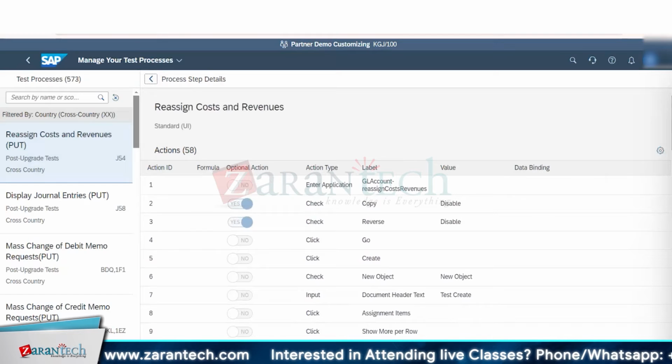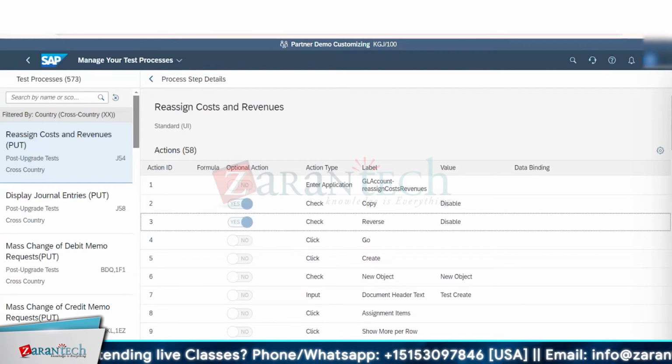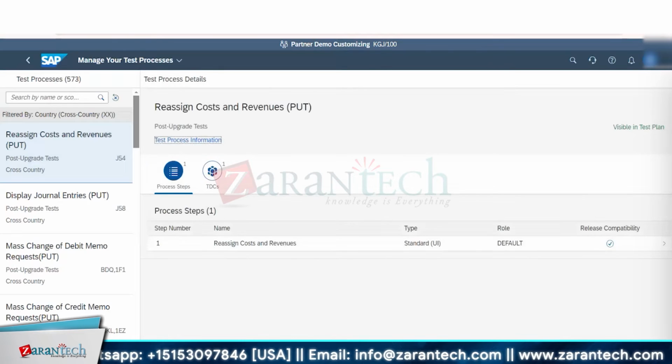So basically, this is a check. The label is copy and disable. So we check whether the copy button gets disabled. We check whether the reverse button gets disabled. So that is what this is showing. The testing is basically done on that. And then